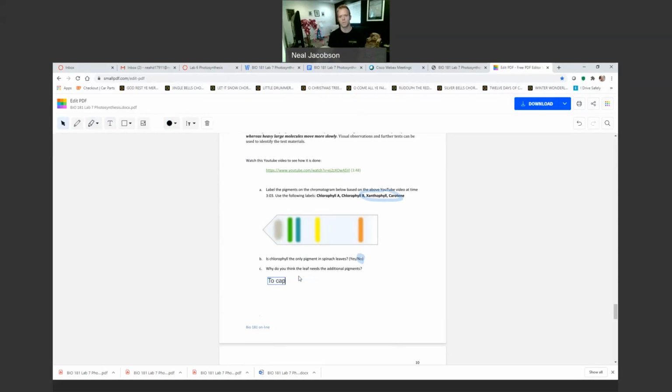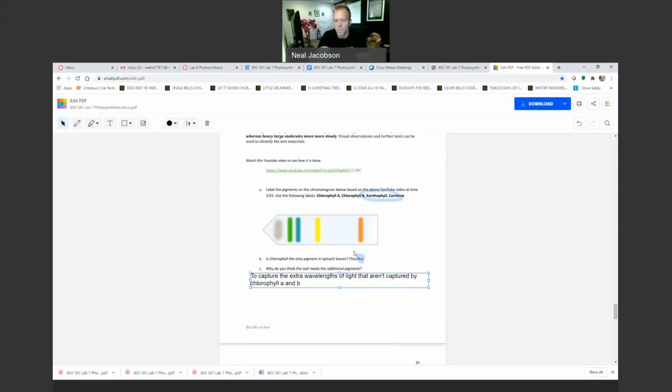To capture the extra wavelengths of light that are not captured by chlorophyll A and B. So chlorophyll A and B are only going to capture certain pigments or certain frequencies of light, and they'll reflect other ones. So these other pigments are going to do a good job of capturing the additional wavelengths of visible